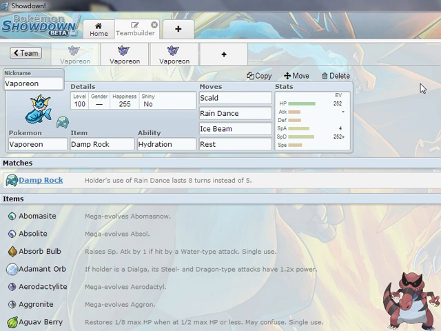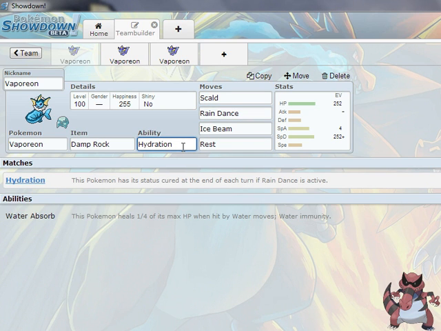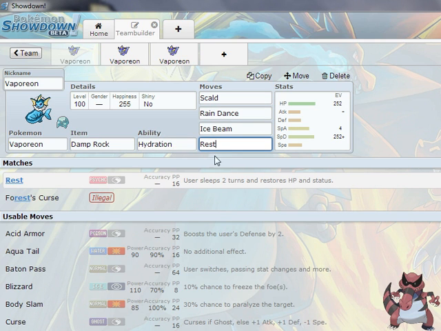If we take a look at our first set here, we got our Damp Rock, which makes our Rain Dance last 8 turns instead of 5. The reason that is so important is because one of his moves is Rain Dance, and that coincides with his ability Hydration very well, and that makes his status cured at the end of each turn if Rain Dance is active. And that also puts up another move of his, Rest, and that's going to fully heal his